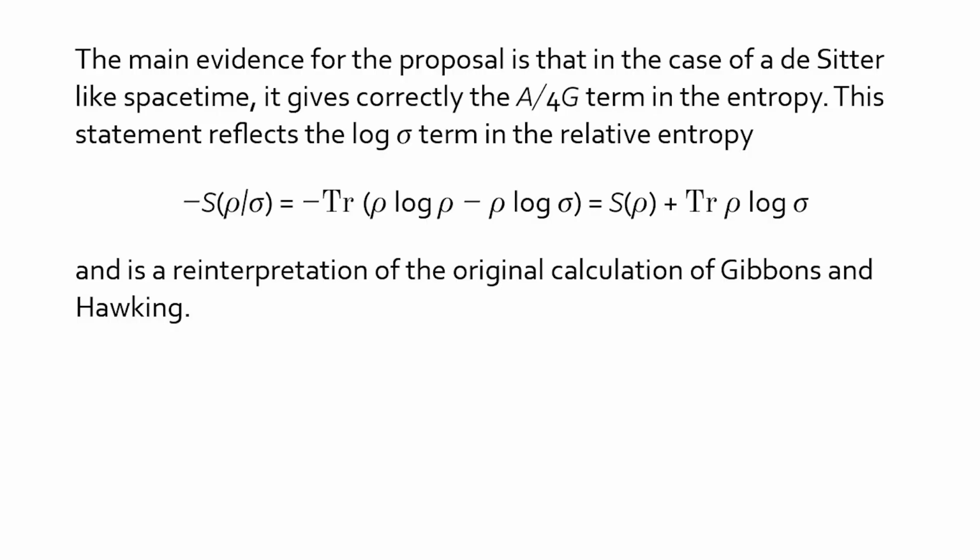Now, the main evidence for the proposal beyond what I've said is that in the case of a de Sitter-like spacetime, it gives correctly the A over 4G term in the entropy. That's because